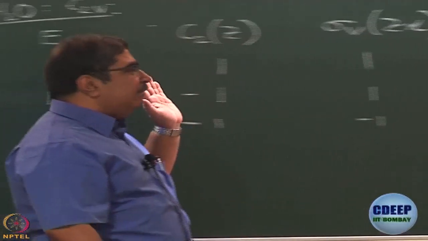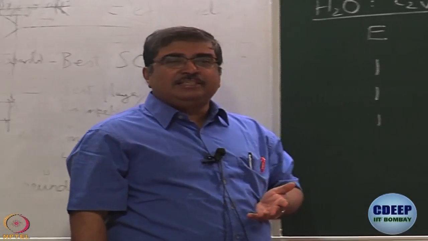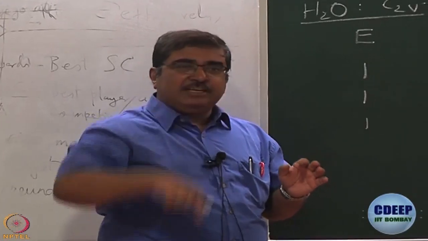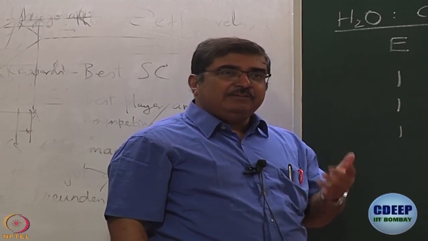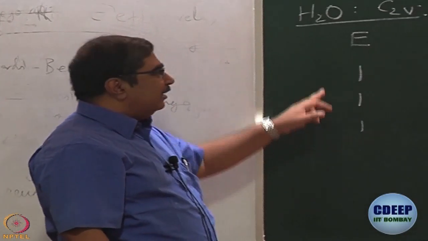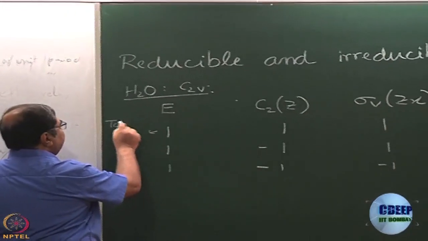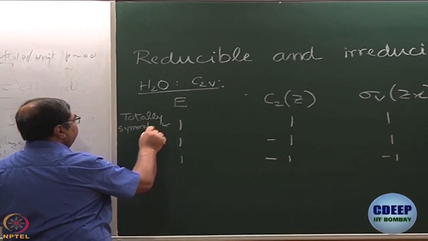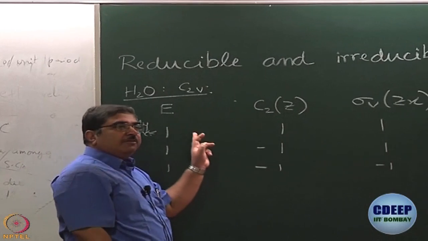Since all the matrices were diagonal in the representation we got using XYZ coordinates as basis, what we did is we block factorized them, we drew those vertical and horizontal lines leaving out all the zero matrix elements which were off diagonal, and we retained only the diagonal elements to develop 3 different representations. The first is 1 1 1 1, and we said this is your totally symmetric representation. All right, and what forms the basis for it? Z.